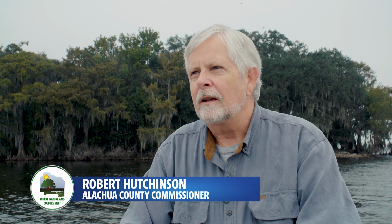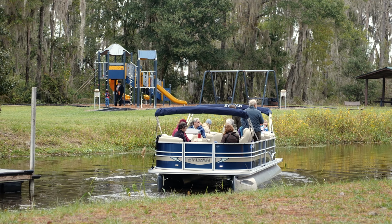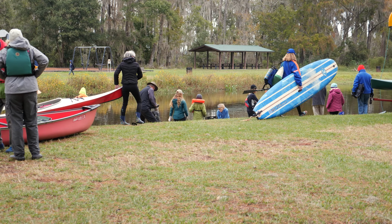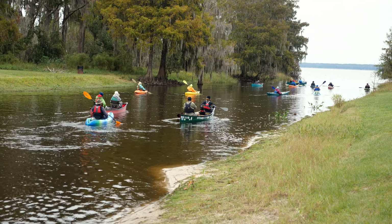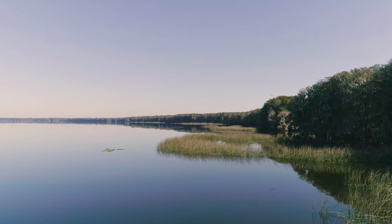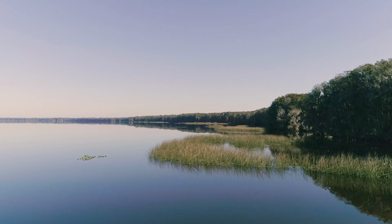Well, Newnans Lake is the defining geographic feature of East Gainesville, and a lot of people really love Newnans Lake. It's a place where people fish and they go boating. It's a rare Florida lake that when you're out here, you don't see houses and docks everywhere. I mean, from where I can sit, I can see kind of one house and maybe two docks. And so having a lake this wild, this close to a major urban area like Gainesville is a very rare